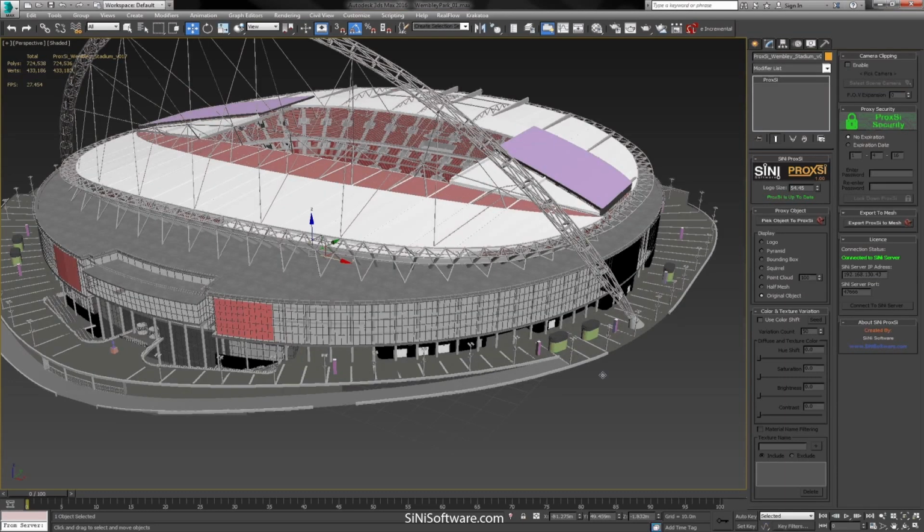So we'll go through a couple of things. We added color variation, and this works on instances of this object. So if you were to, say, instance this stadium out 15 times and you wanted to actually add some color variation in it, you could use